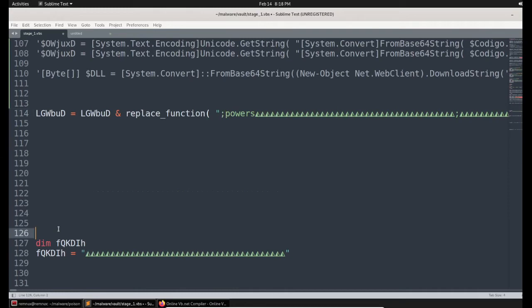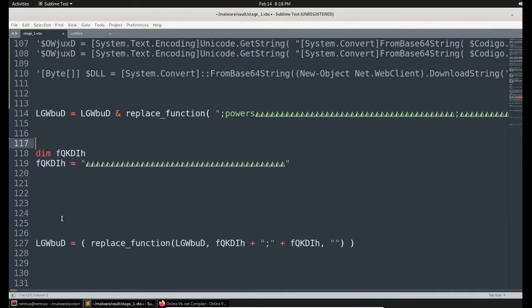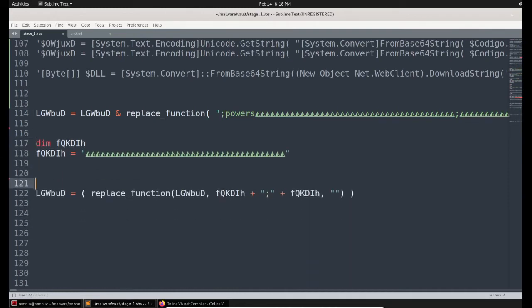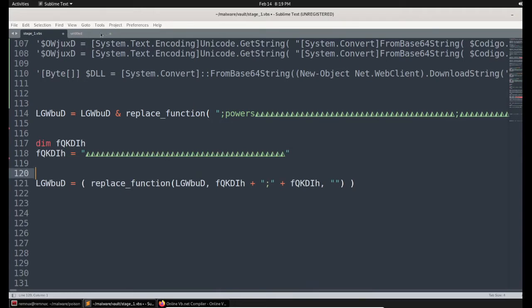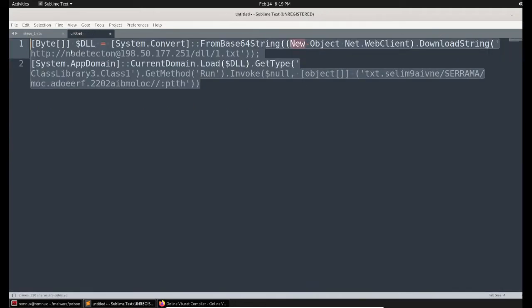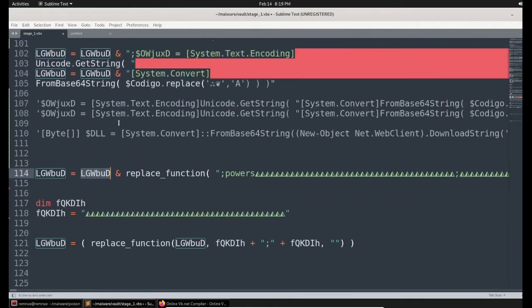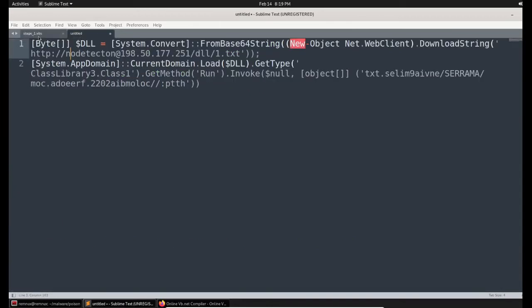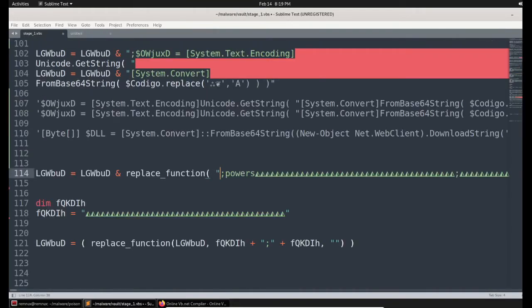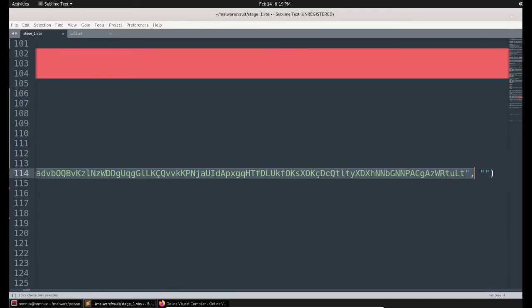We have a couple more lines here, so let's try to figure out that as well. Later we shall examine these URLs. Okay, now let's see this. The value that belongs to this variable is nothing but the base64 decoded stuff, and we need to append that with this specific string.